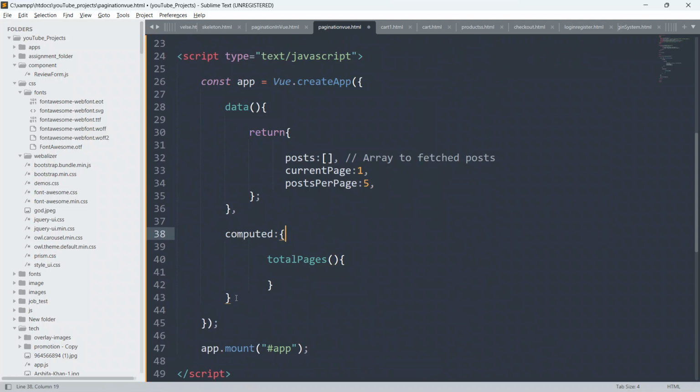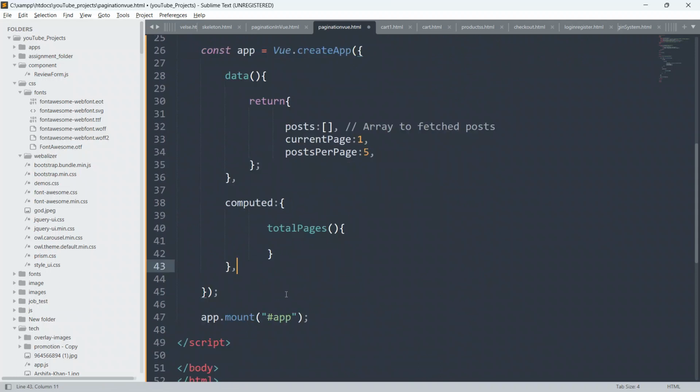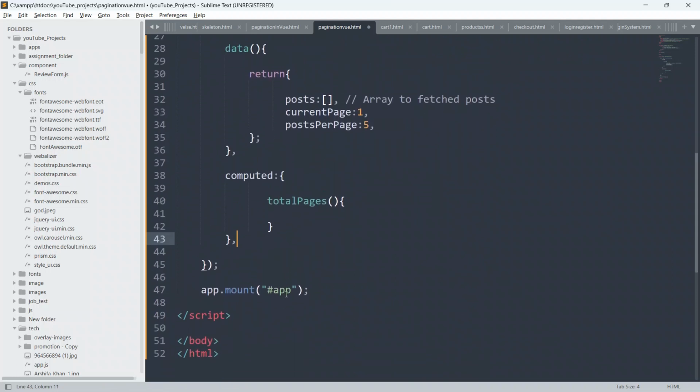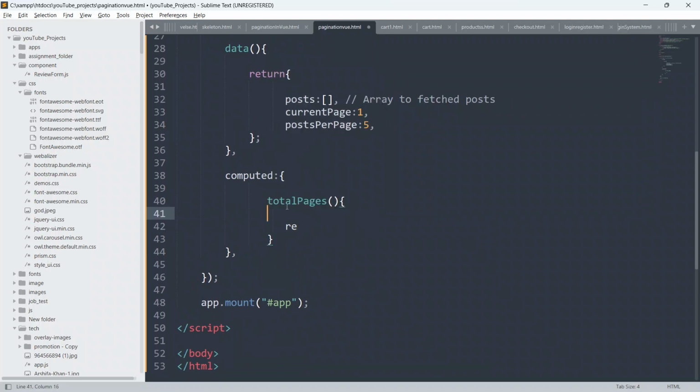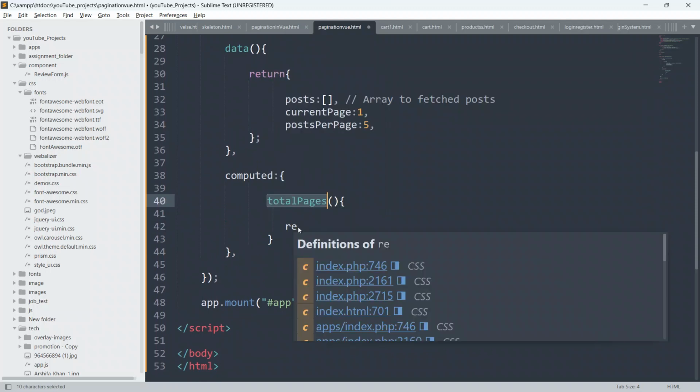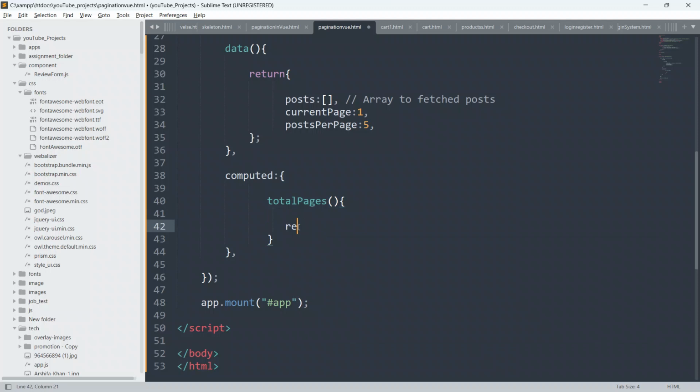So first of all, just give a comma here, otherwise we will forget it, and later on we will have a lot of issues because of this. I'll just write the comment also. So don't worry guys, just be here and watch the entire video. I'll say return, I will return everything from this total page function or method.